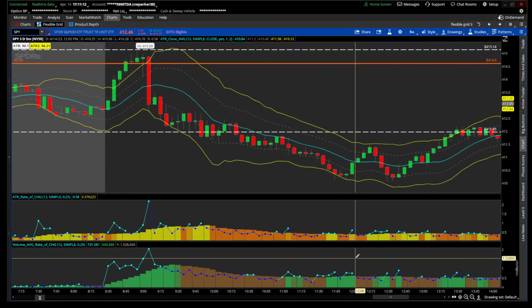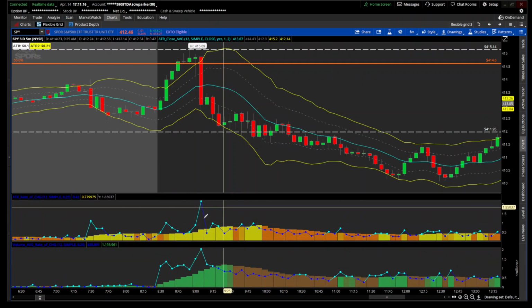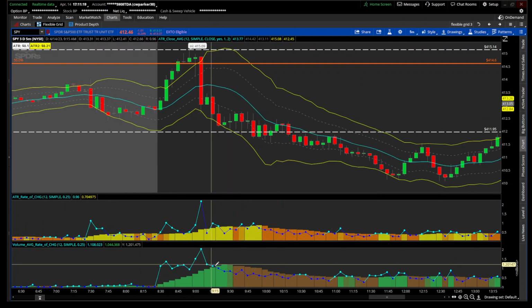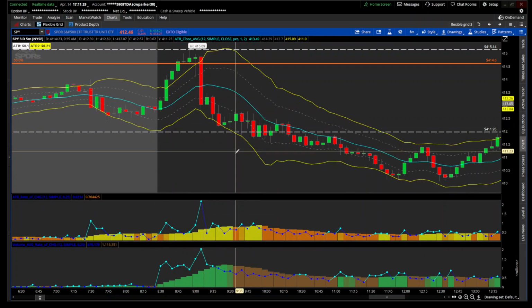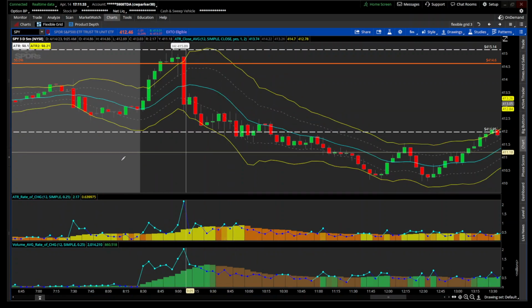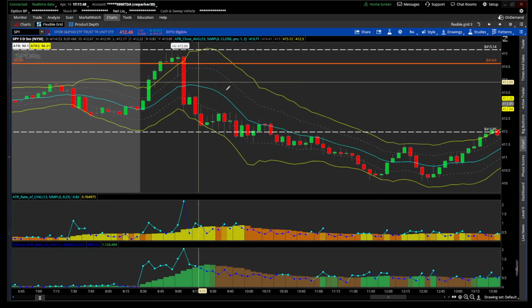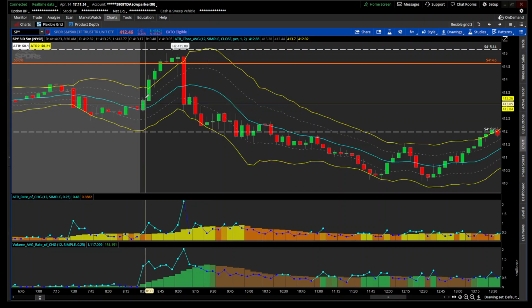But what I'm saying to you is this is only going to be looking at price. This is only going to be looking at volume. And you want to pair them together or pair them with another indicator that uses price and volume together. But for the most part, this indicator is mainly used for risk management. So if you're in a trade and you're thinking about taking a trade on this, and you see